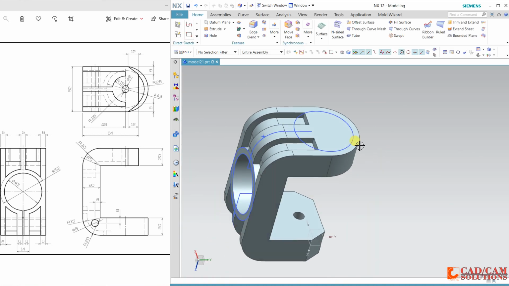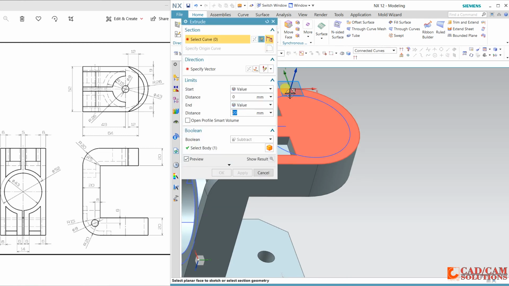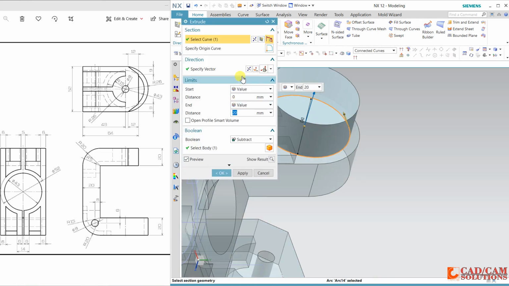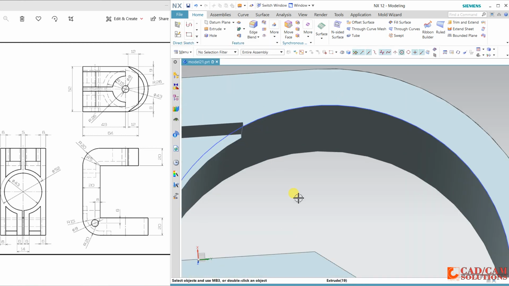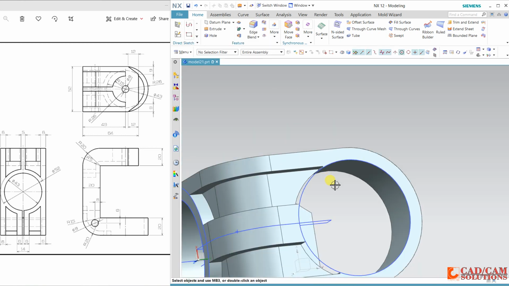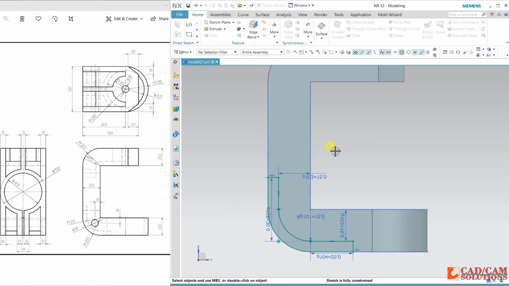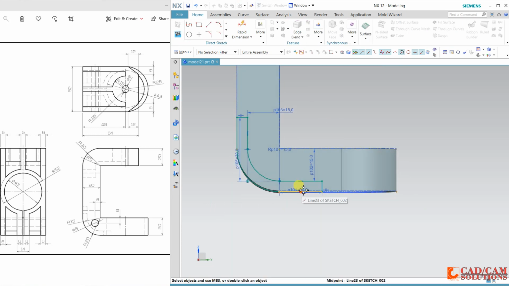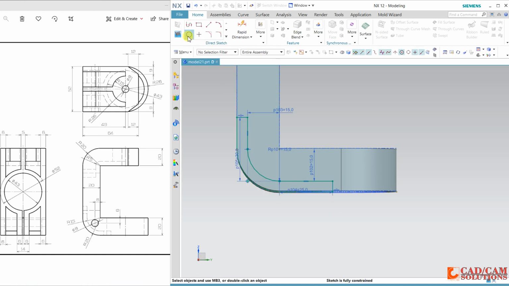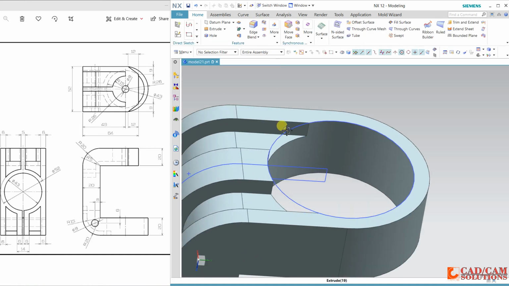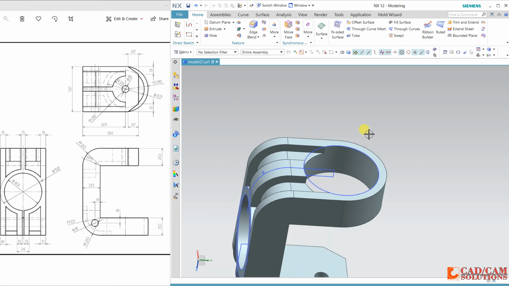First I will cut this, then I will show you what is going wrong. This face is not going properly, so we will increase this length, which is 20. We will change it to 25. Okay, now see, this is coming up to this.